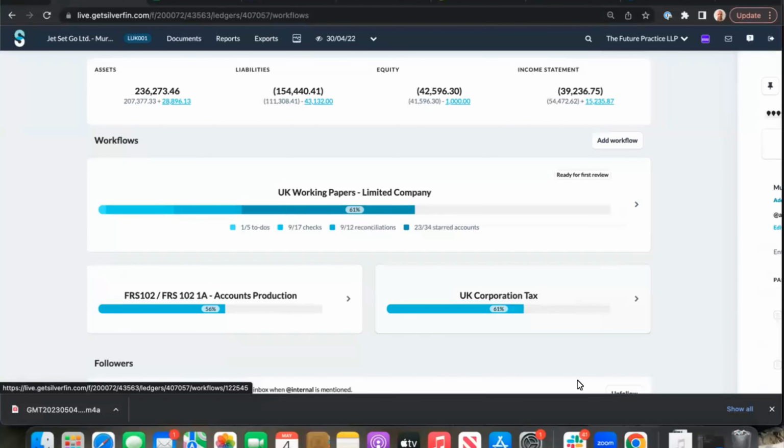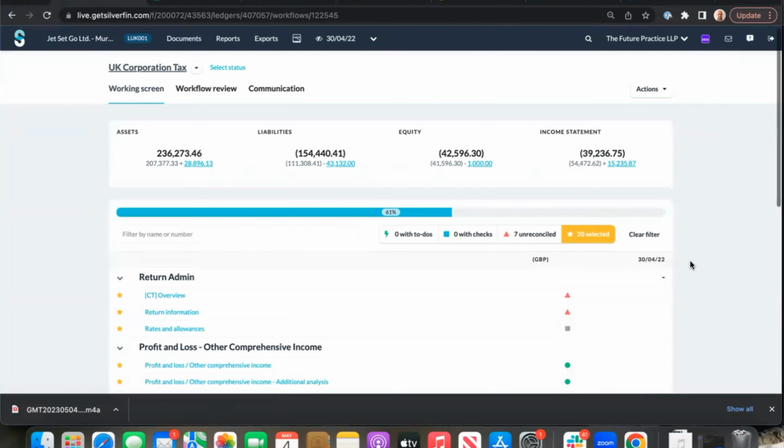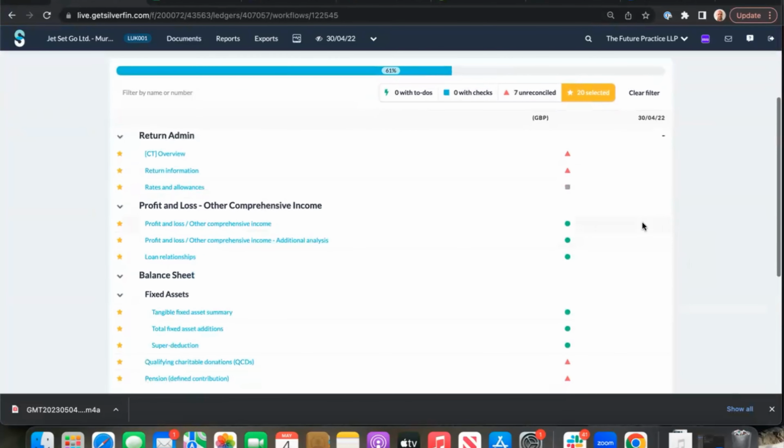Next, let's take a look at corporation tax. So once again, the corporation tax workflow is at 61%, and a lot of that will be because the work has been processed in the working papers and in the accounts production workflows that are flowing through to our corporation tax return. Once again, if I open up the workflow itself for corporation tax, you'll see that the layout is